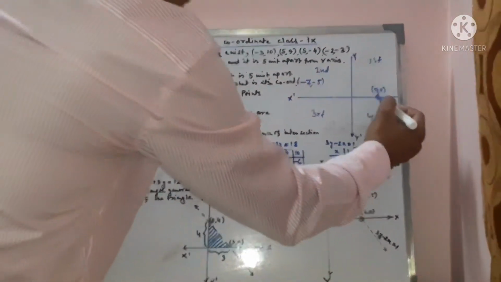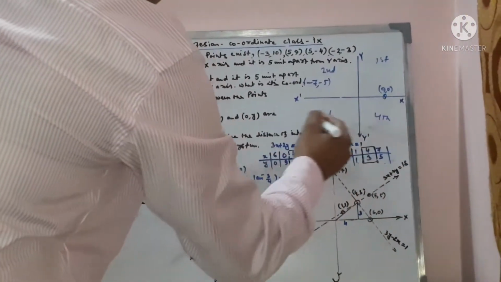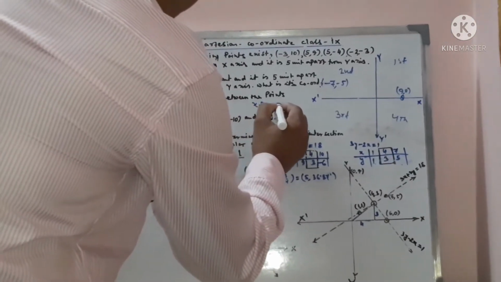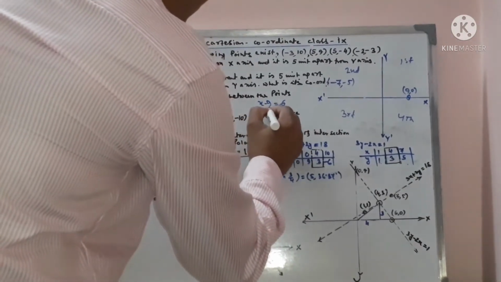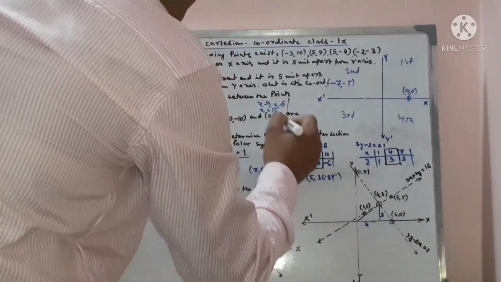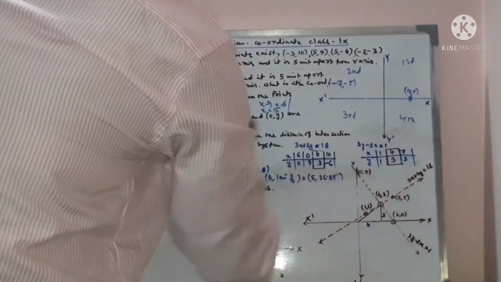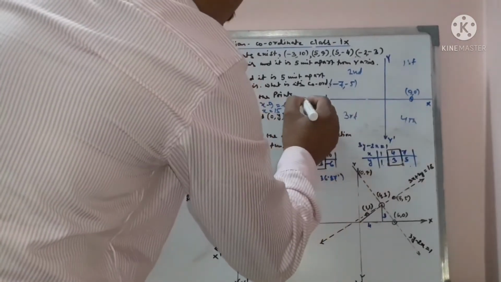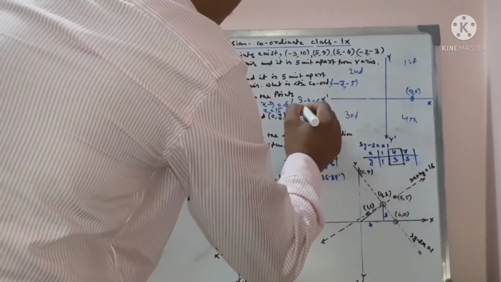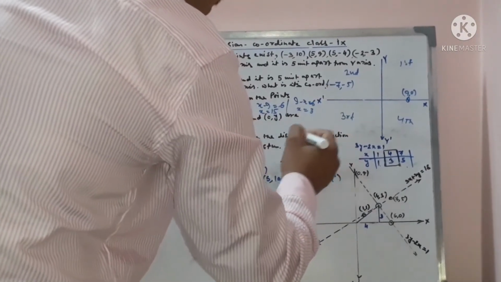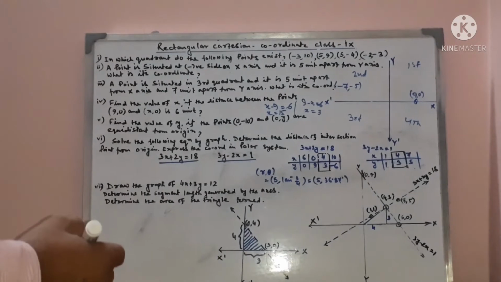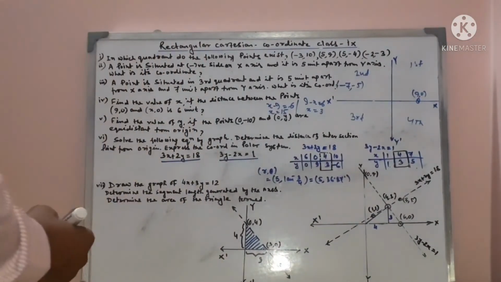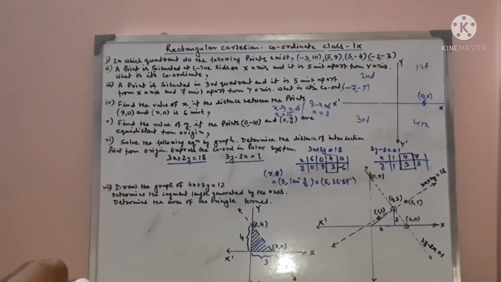If it is situated at the right hand side of the point (9, 0), then x minus 9 equals 6 units, that means x equals 15. If the point (x, 0) is situated at the left hand side of the point (9, 0), then 9 minus x equals 6, that means x equals 3. So the value of x will be 15 or 3, and the points will be (15, 0) and (3, 0) on the x-axis.